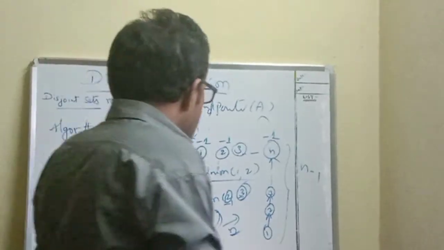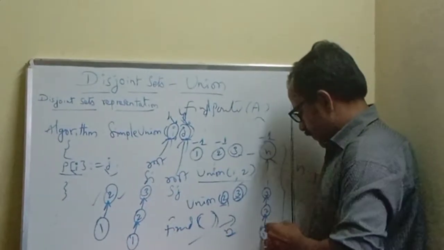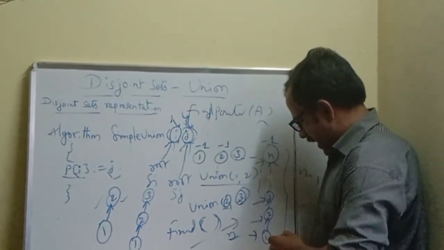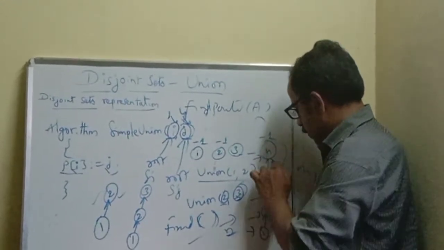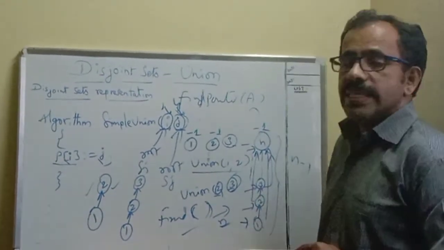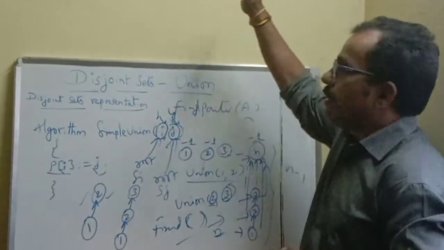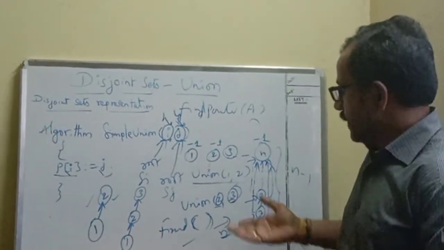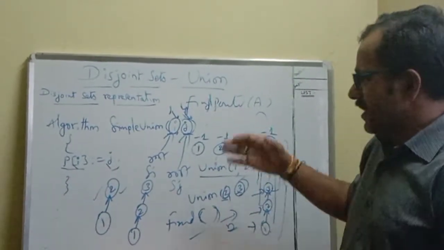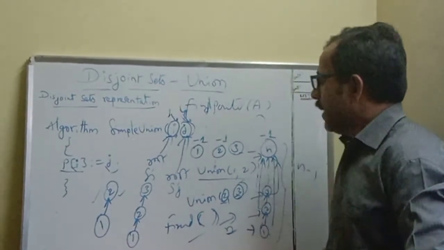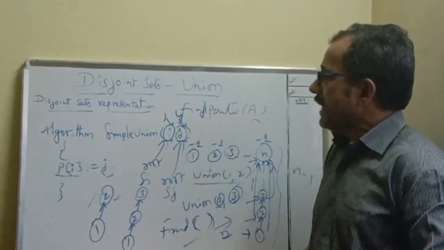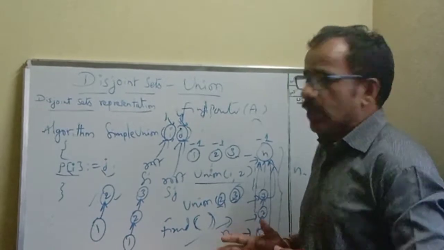So for avoiding this time complexity, is it clear? For finding all the elements, for finding 1, finding 2, finding 3, and so on, finding n, I have to traverse from the selected node to all the nodes until reaching n. From the selected node 2 to all the nodes until reaching n. From 3 to all the nodes until reaching n. Like that I need to traverse from bottom to top until reaching the root node of the respective tree. So in this case, the time required for n find operations is order of n square. This is the maximum, the worst case time required. But we can reduce this time complexity by modifying this procedure using the weighting rule. I will explain the weighting rule now.